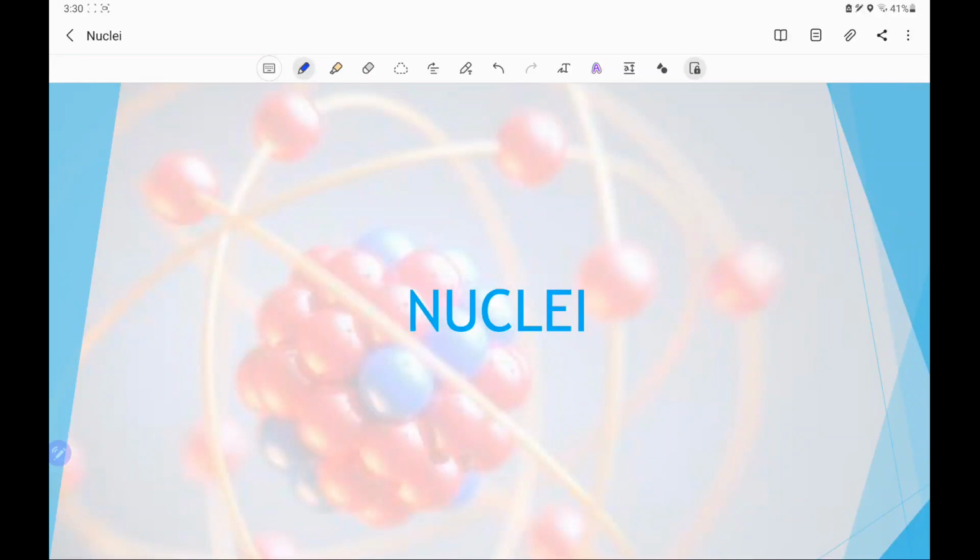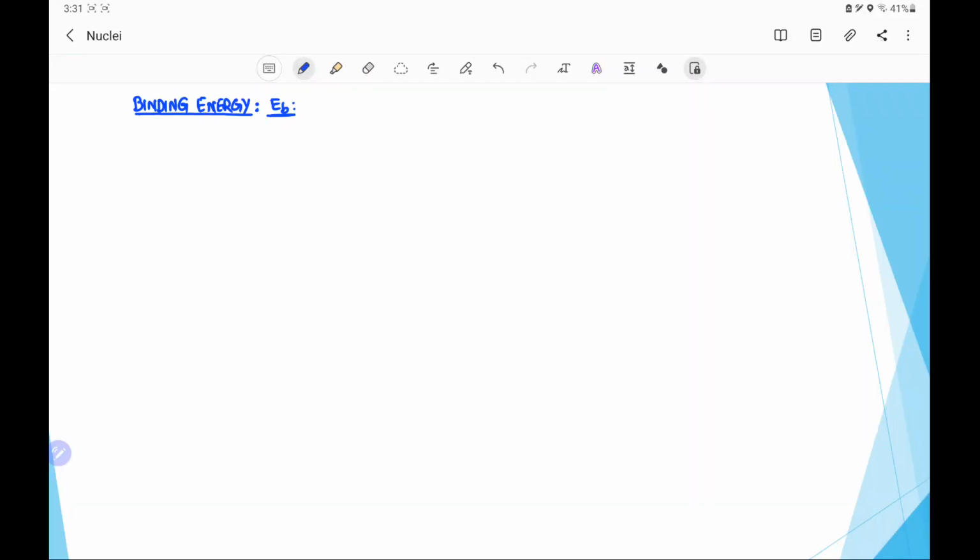In nuclei, next we will discuss the binding energy. We know that a nucleus contains protons and neutrons. Suppose mass of proton equal to mp and mass of neutron is